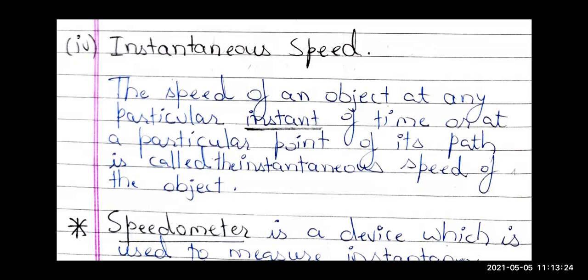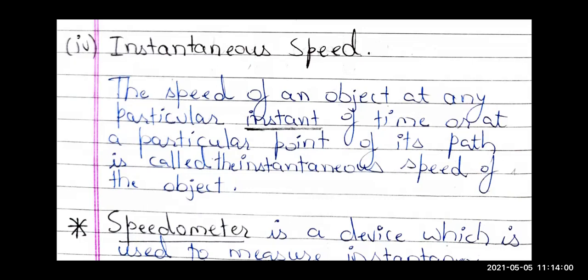So suppose you are going on an Activa to school, and I'm also approaching on the same path, and I see you, and I come to you and ask, what is your speed? So you will quickly look into the speedometer, and you will tell me, ma'am, my speed is 45 kilometers per hour. So what is that? That is your instant speed. That is your speed at that particular time. That is your speed at that particular point of the path, right? So that speed which you told me is your instantaneous speed.